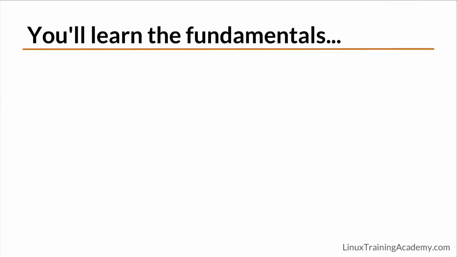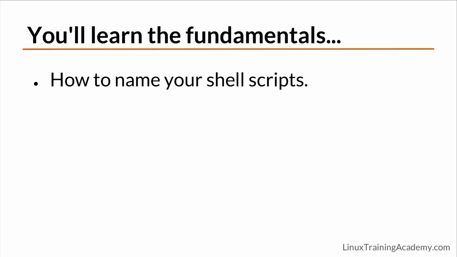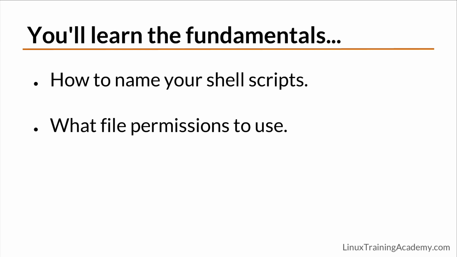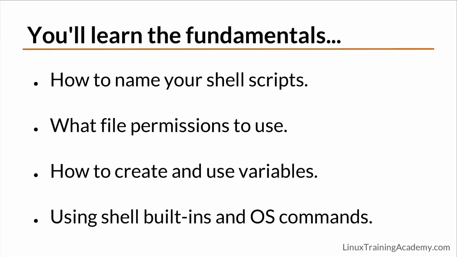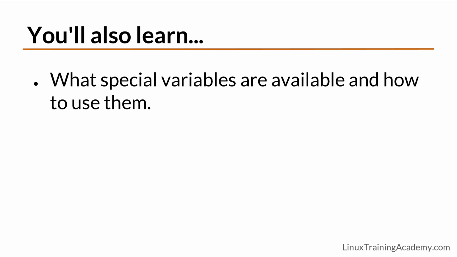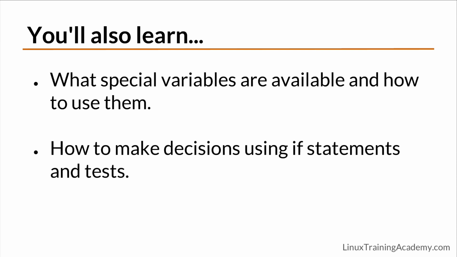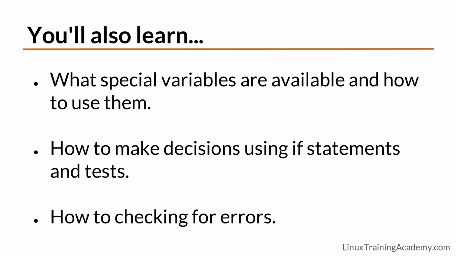In this course, you'll start out by learning some very important and fundamental shell scripting principles, such as how to name your shell scripts, what file permissions your shell script should have, how to create and use variables in your scripts, and the difference between shell built-in commands and operating system commands. From there, you'll learn what special variables are available to you in your scripts and how to use them. We'll also cover how to make decisions by using if statements, performing several different kinds of tests, and checking exit